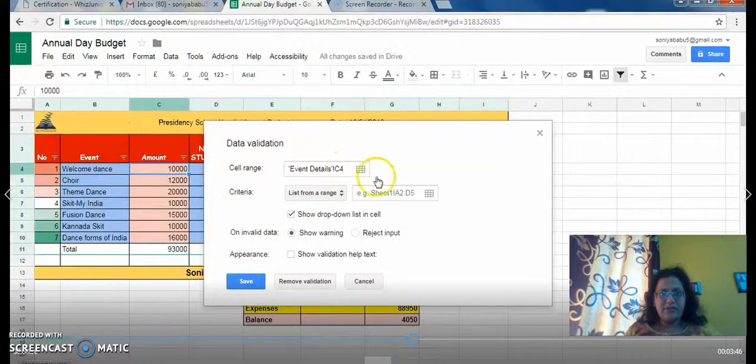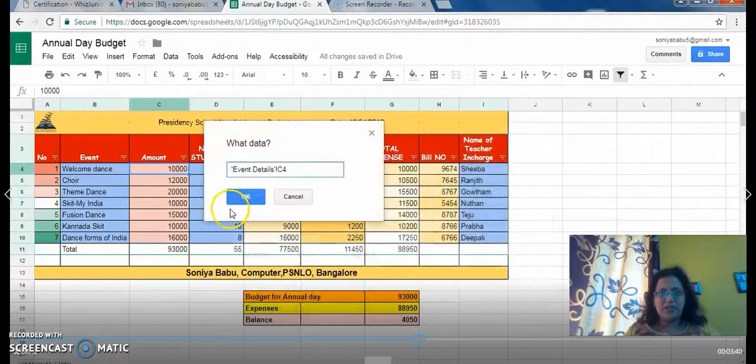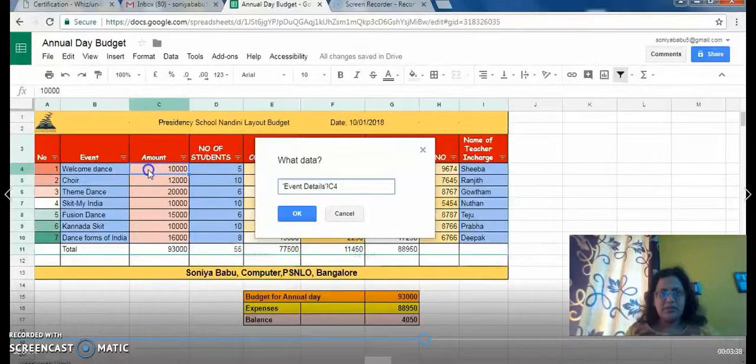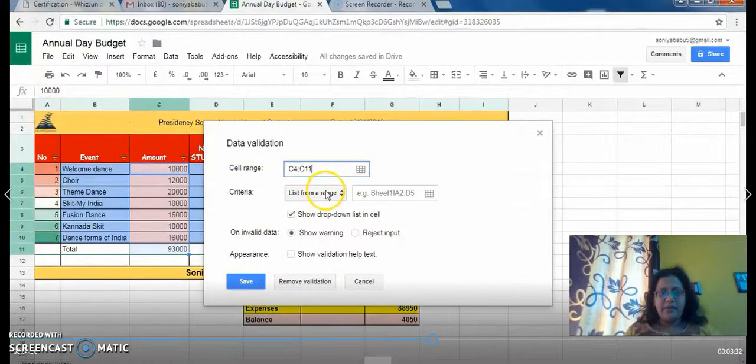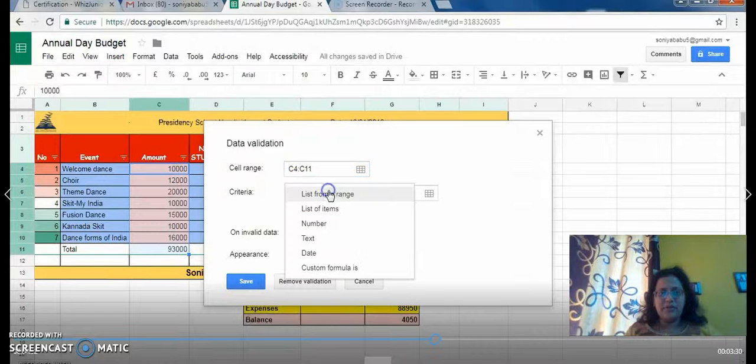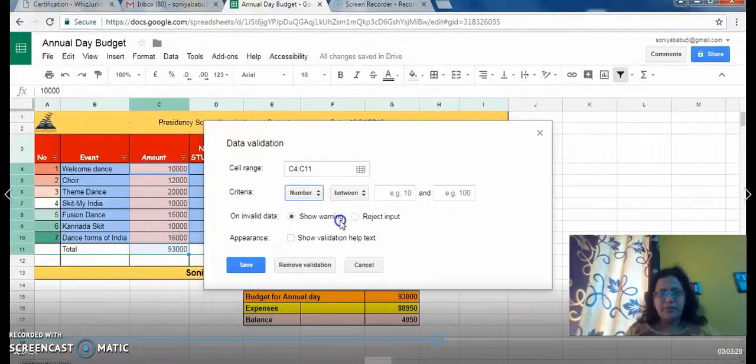There you can select which cell range you want. So list from the cell. I'm just selecting the cell range, selecting it and then giving OK. So I'm giving C4 to C11, I give OK there, and here I'll have to give the number